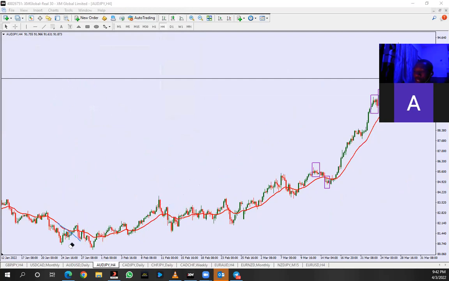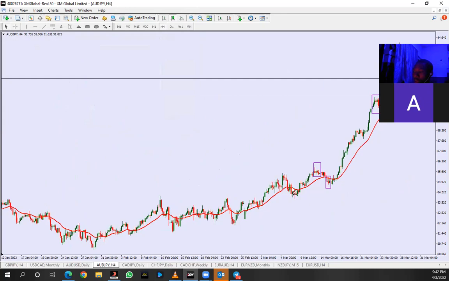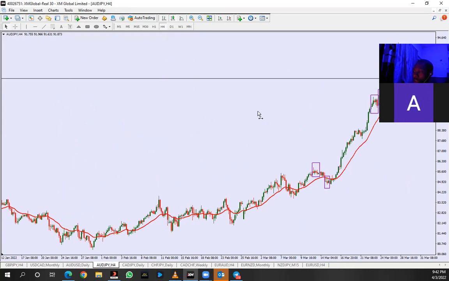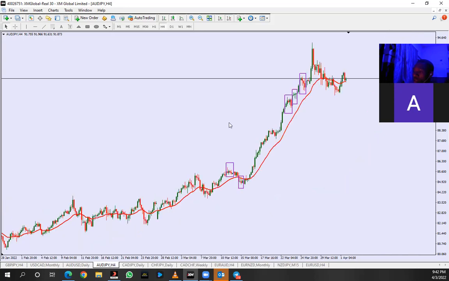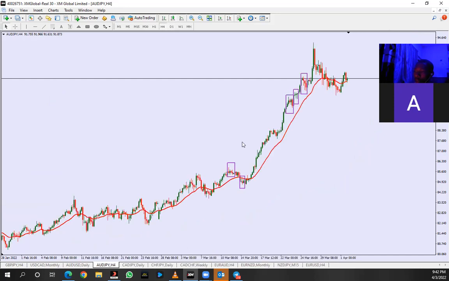Now, the second one, after they did that, I'm trying to get us the second one in this particular trend. The second type of model they will do is to run over to the next time frame target. And that is why I'm going to make use of this example here.